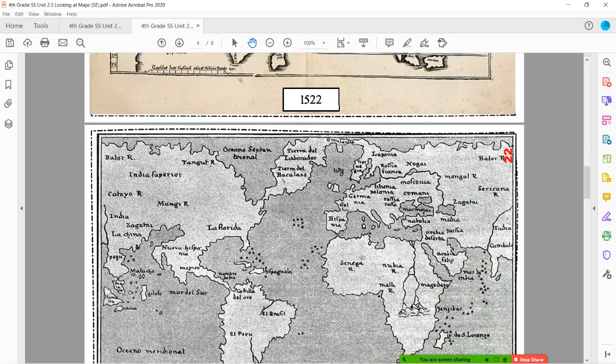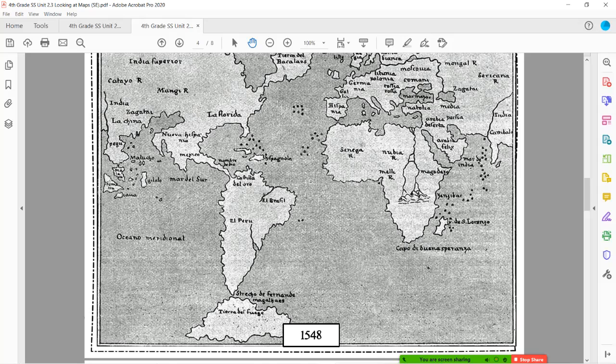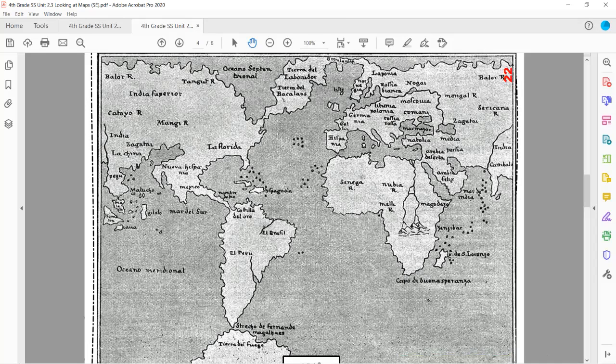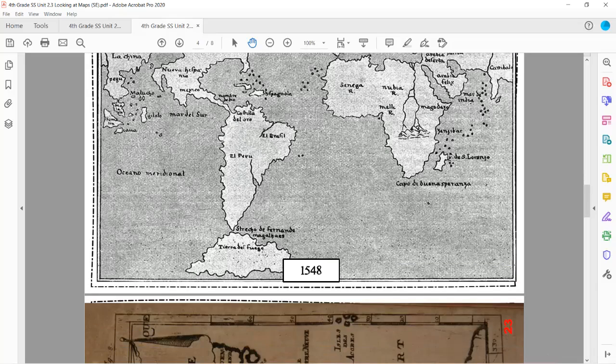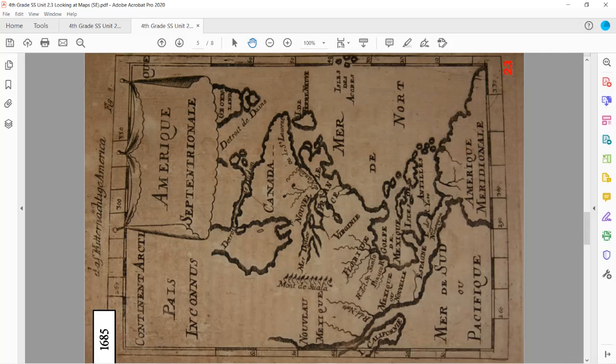As we go on to the next map, this map is from 1548. Take a look again at how it's different from the map before it. Look at the names of the places that are labeled on the map. Look and see if you're seeing any borders between countries or continents. Look at the shape of the continents. Do they really look that way now, or do some things look a bit different? So make sure you're putting in as much detail as you can. For this map,